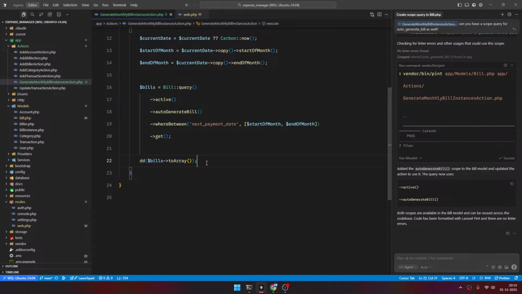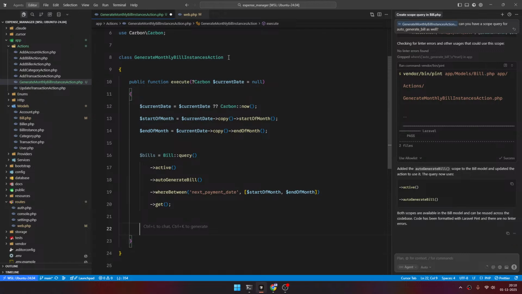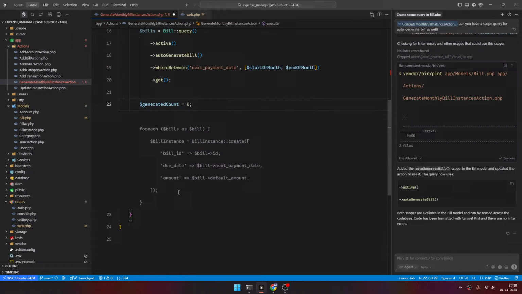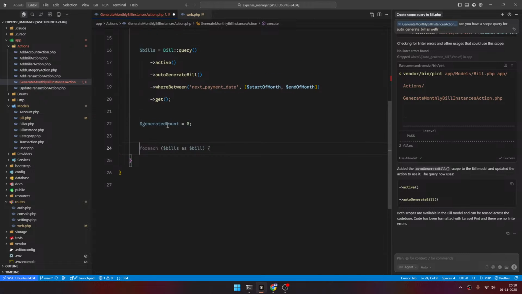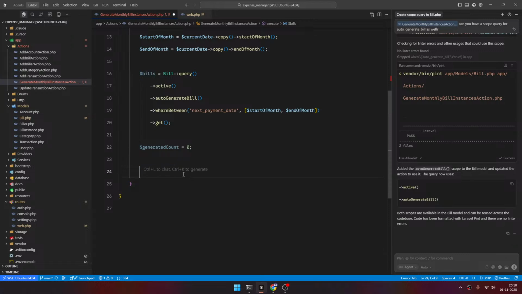Now we have so far only queried the database. We haven't made an instance, right? We need to create the bill instance, so we will do that. And this function or this action should return the count. Okay, I'll say that whenever it runs, it will tell me how many instances it has created. So I will have a generated count as 0. Then I will obviously need to do a for each loop. This is a collection, right? So I can do something like